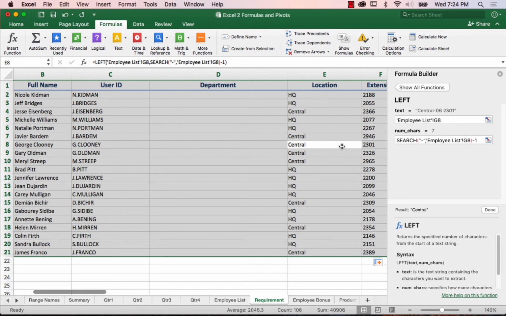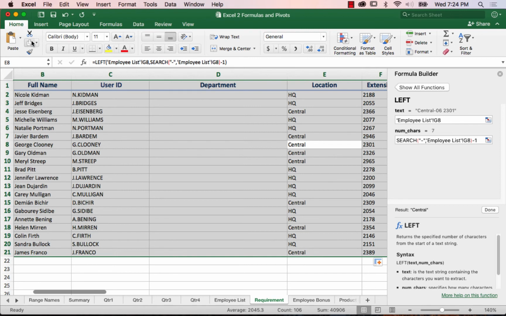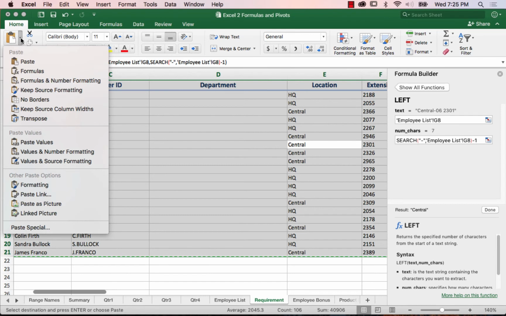All right, so now that I've got this highlighted, I want to copy the data. So I'm going to go back to the Home tab, and I'm just going to use the copy command. And now I want to paste, but I don't want to just do a regular paste. So on the Home tab, I'm going to go to the paste command and click on the drop down by the paste command. And there's lots of different options here. So instead of doing a regular paste, there's this option to paste the values. So if I choose paste values,